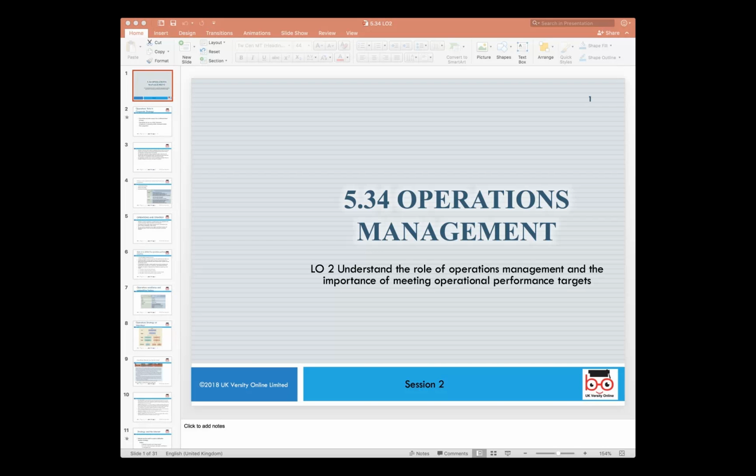Now, taking that understanding forward into learning outcome 2, what we want to be able to do is drill down in more detail to clarify the role of operations. For that, we are going to pick up an organization and look at what it actually means. When we theoretically read it, it talks about this theory, that model. But the idea today would be to understand with an example